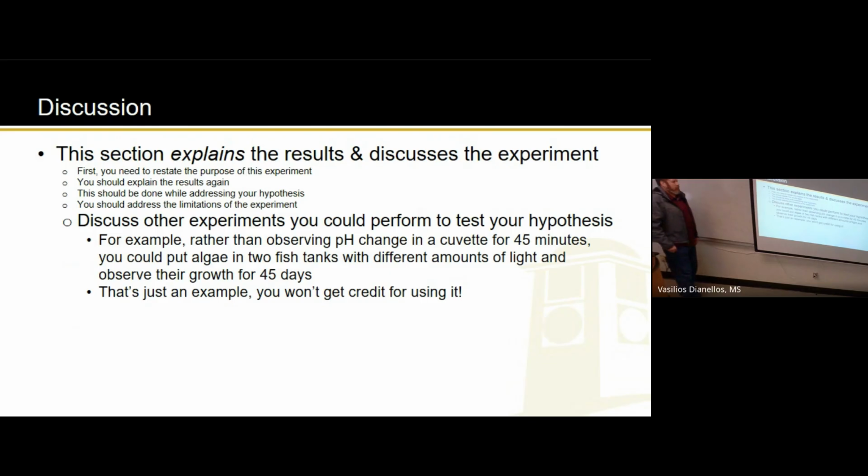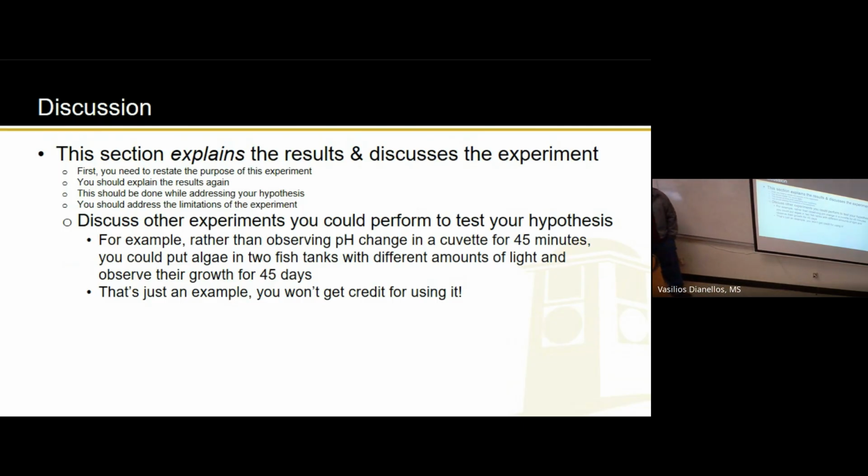All right. And then finally, for the discussion section, you've addressed your hypothesis, whether it was supported or not, using your data to explain it. And you talk about the flaws and limitations of my experiment. Then, as you would do in real science, say, how else can I test my hypothesis? So that's where you give a basic description of some other experiment you could do to test your hypothesis. And it should have nothing to do with algae beads. This is what we're doing for this experiment. You should think outside the box, think about plants, things like that. That's it. Any questions about that?